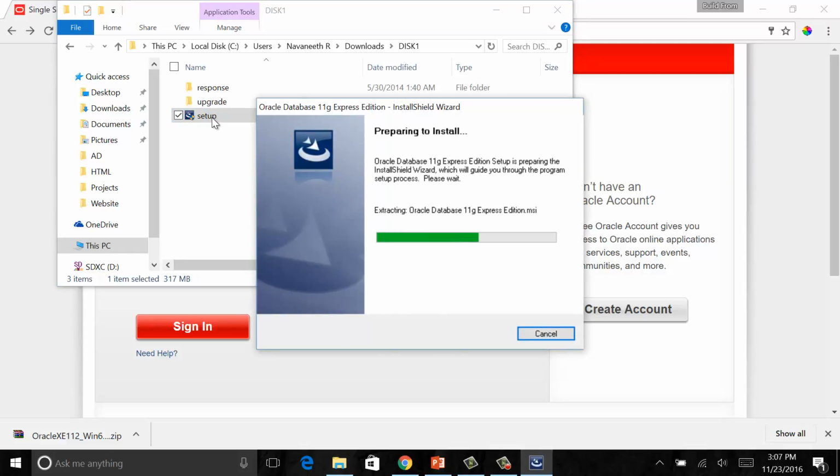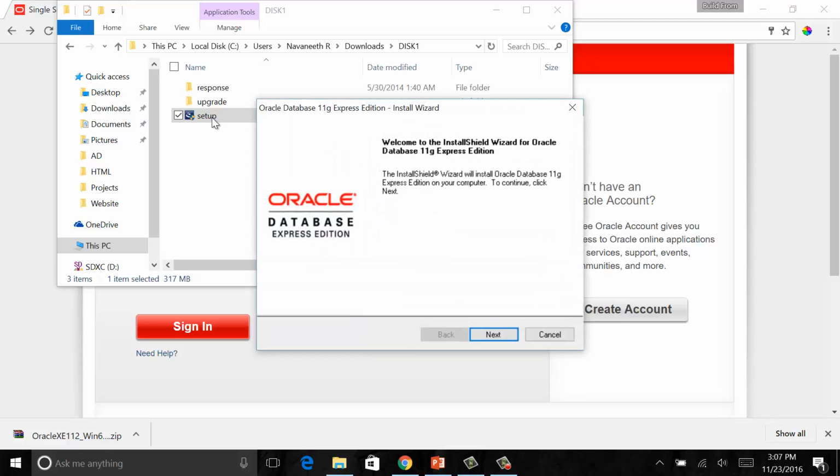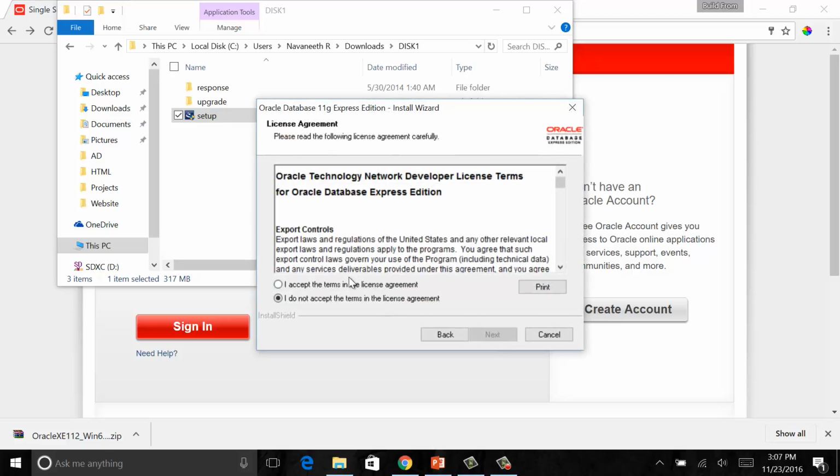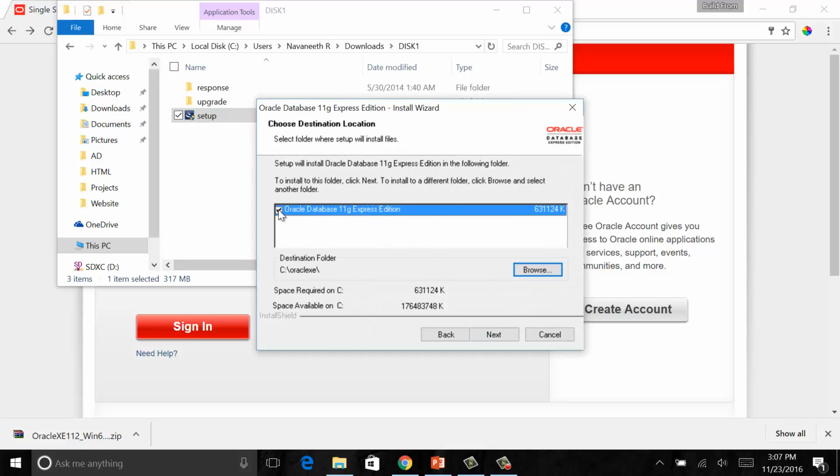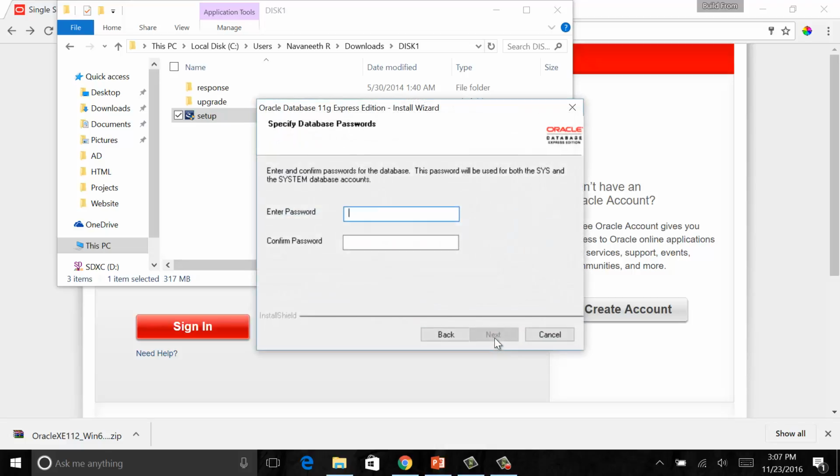So while it is preparing to install, I'll be mentioning a few important things about this application. You need to always remember your credentials, which I'll be showing you in a while. So make sure this box is checked, and then click on next. So these are the credentials you need to remember. So SYS, or SYSTEM. So this is your username, and your password would be